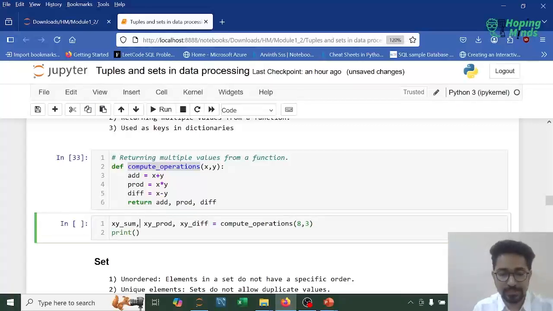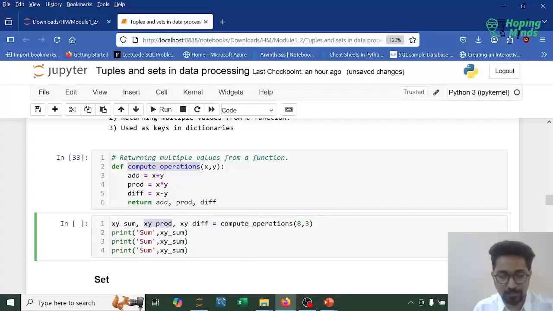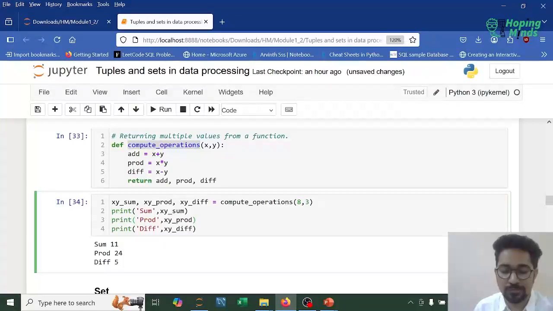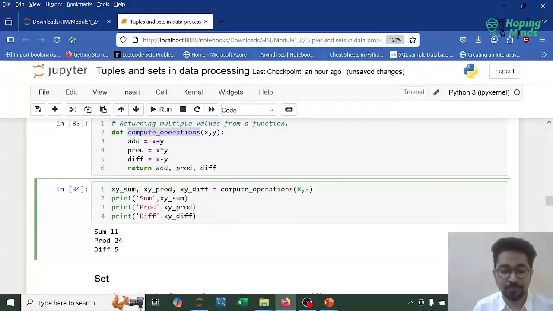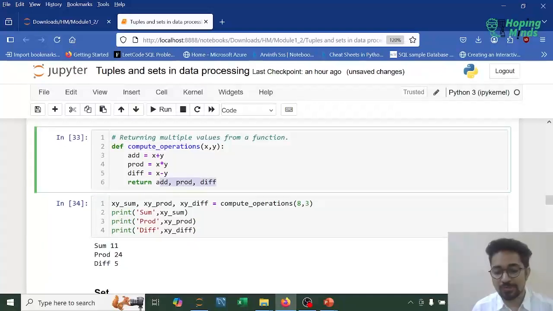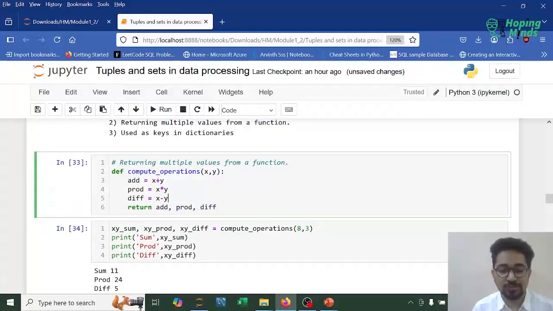So now if I print these values, the sum is xy sum, then the product is xy product, and the difference is xy difference. This is product and this is the difference. So guys, if you observe, the sum over here is 11, the product is 24 for 8 and 3, and the difference is 5. So clearly the function returns multiple values and the output is returned in form of a